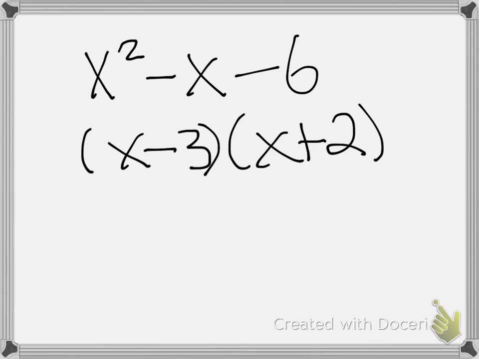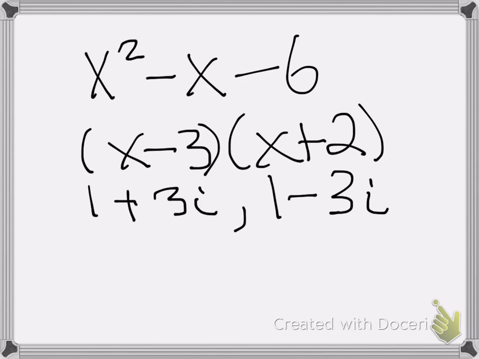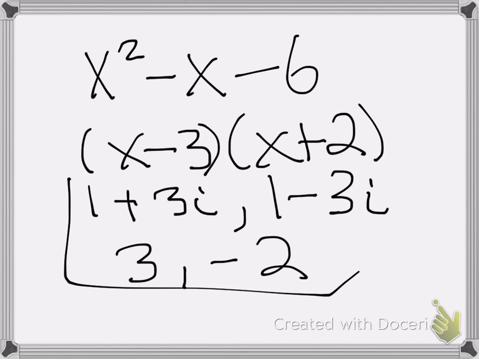And then we have all of our other factors. Remember, we had a 1 plus 3i, and we had a 1 minus 3i, and this was a 4th degree polynomial, so there they are, the 3 and the negative 2. Those are the 4 zeros from that great, big, huge polynomial that had 2 zeros that